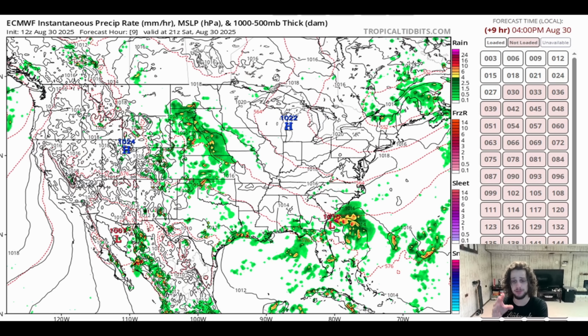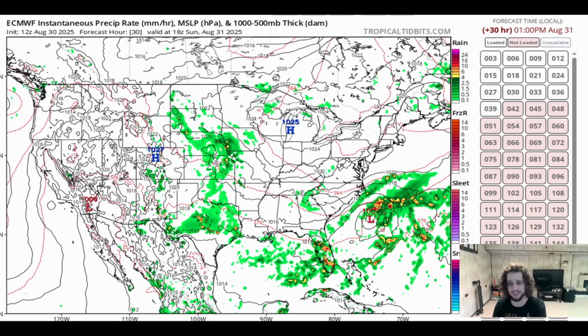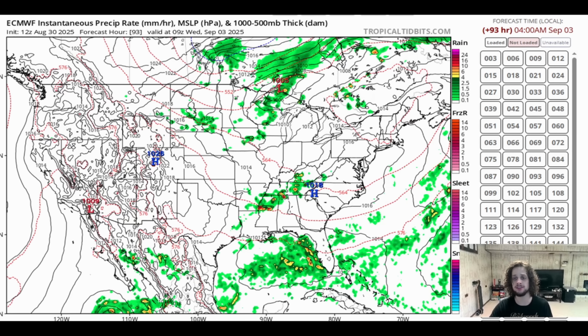with a little bit of precipitation across the front range of the Rockies into portions of Texas, New Mexico, Colorado, Kansas, Nebraska, and across the southeast. Otherwise, it's going to be a pretty boring pattern until we get that system. You can see that the European starts developing a really intense cold front by the time we get into late Tuesday and Wednesday, which is the same time frame as the GFS develops it, so we have consistency on that